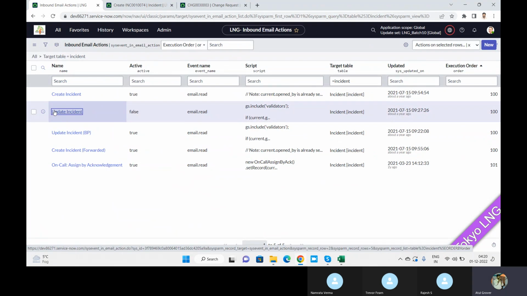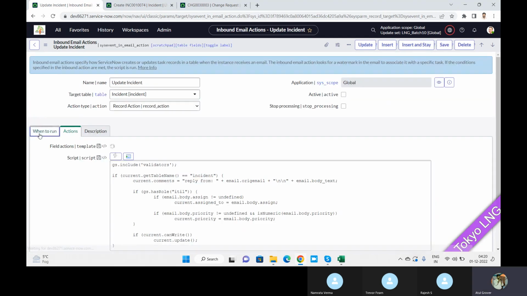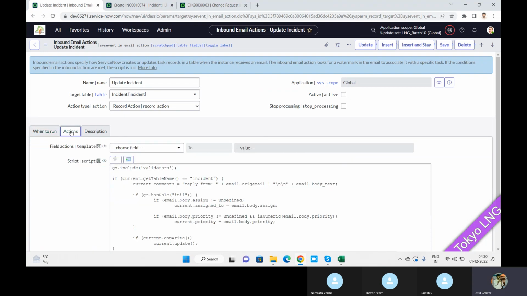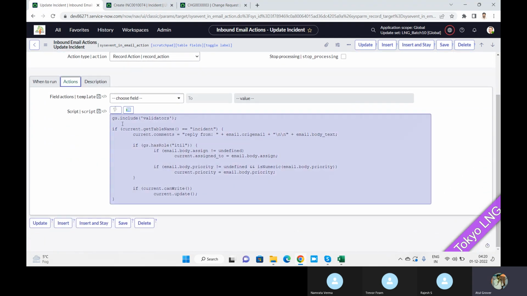When will update work? When it has a reply. See, when it has a reply. For this also the order is 100. But that's fine because the table is the same, but the actions are different. The types are different. Now, if I go here to the action, this time it is not considering anything on the priority, but still it's checking. It says if current.table name is incident and check reply from